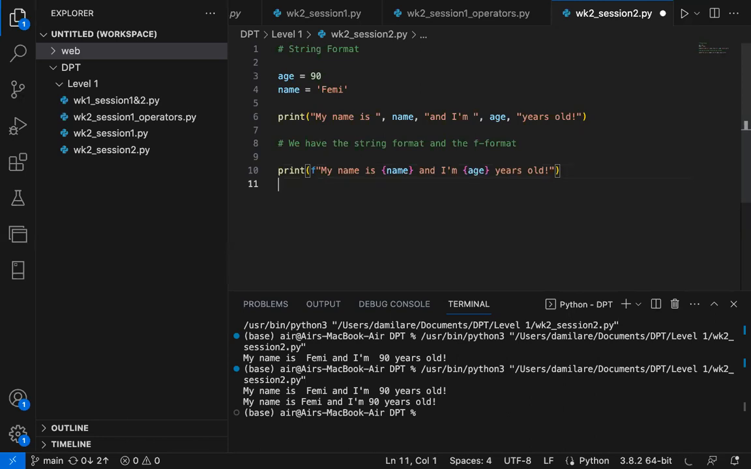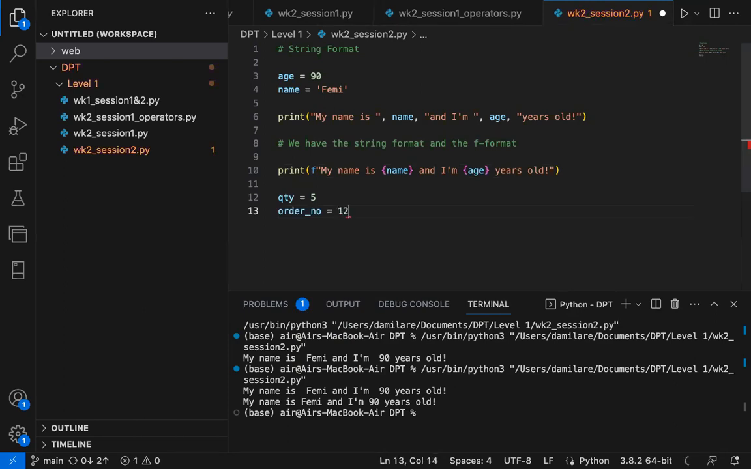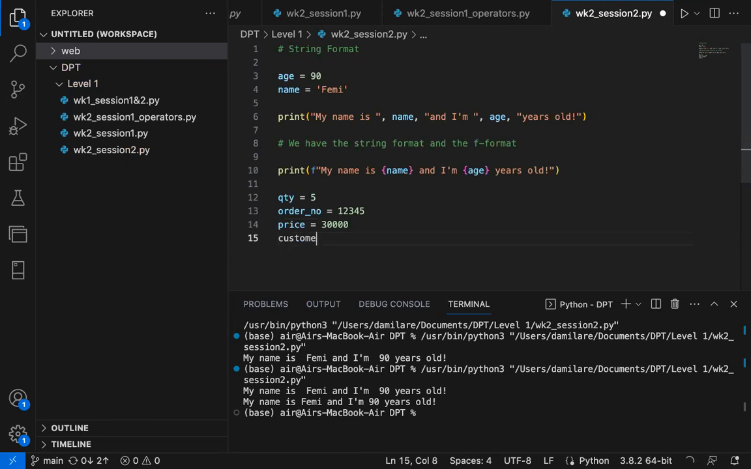That's fine. So let me show you the string format. Let's say we have things like quantity equals 5, order number equals, let's say, 1, 2, 3, 4, 5, 6, and price as, let's say, 30,000. I can say customer order equals